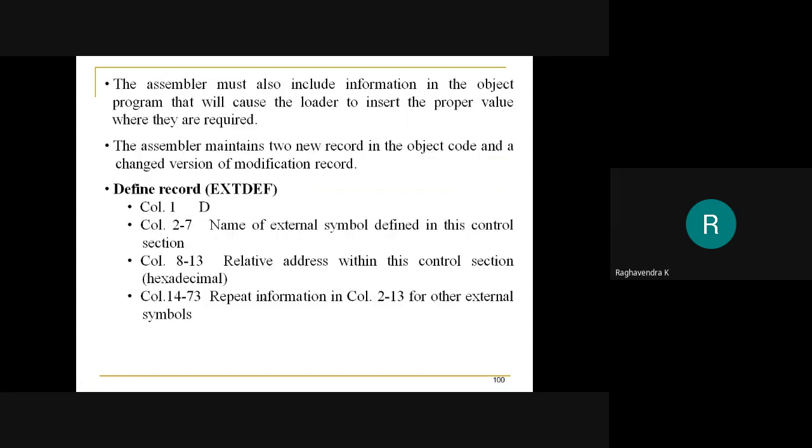That is where a new set of records is introduced. Along with the header record, text record, and end record, we will additionally have a define record, a refer record, and a variation of the modification record. So these three extra things are now being introduced into our object program.